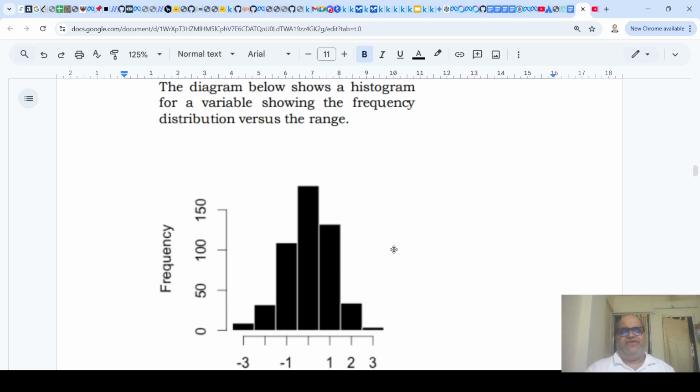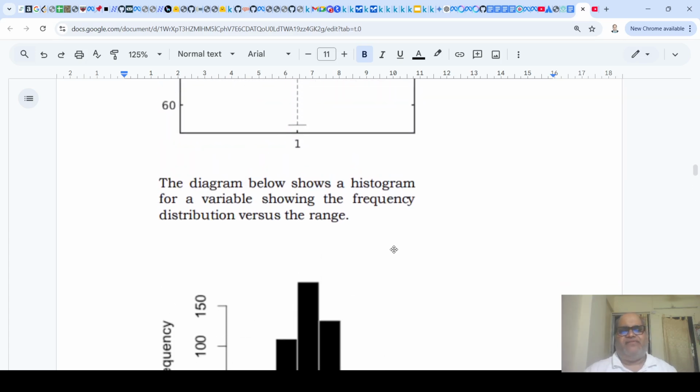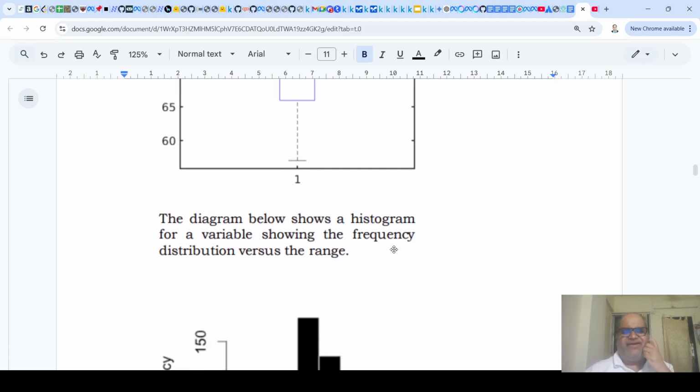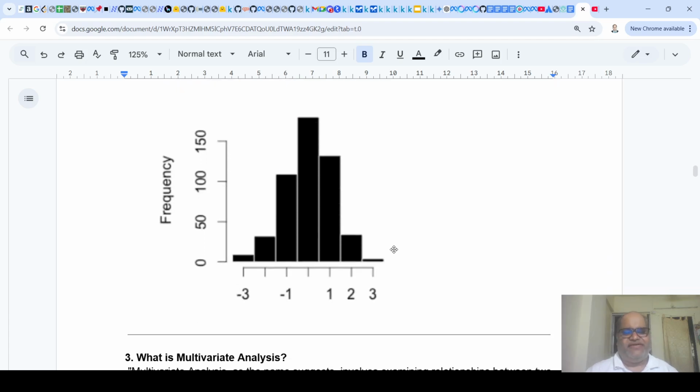So you divide your data set into some ranges. For example, if your marks are from 0 to 100, you group them, and then you look at the frequency in those groups, right? So say, for example, 0 to 10, 10 to 20, and that way. So by looking at histogram and box plot, you can get some idea about spread and central tendency of data,